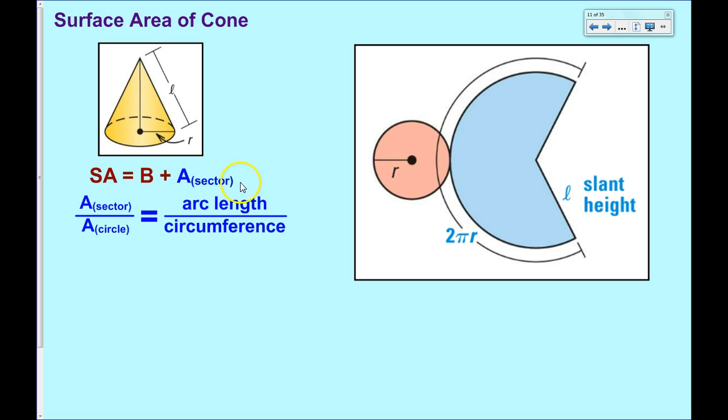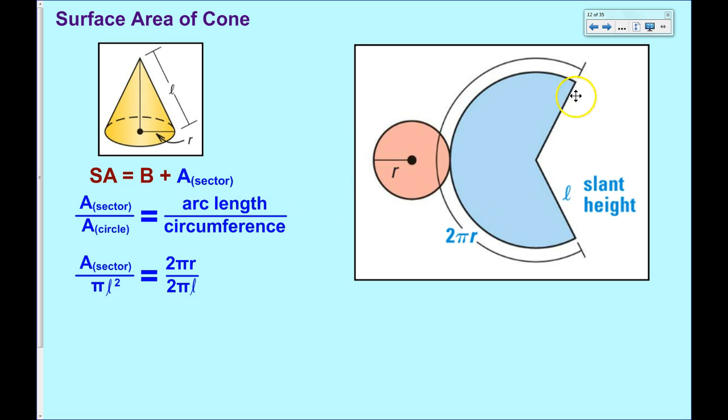And to find the area of the sector, we can set up one of those proportion equations where we know that the area of this blue sector shares the same proportion as a partial circumference, or an arc, versus the entire circumference, just like we did in the previous chapter. We don't know the area of the sector, but the area of the entire blue circle, if it were closed up, would have L as a radius, so that's L squared times pi. The arc length would be 2 pi r, because it is the circumference of the smaller circle,